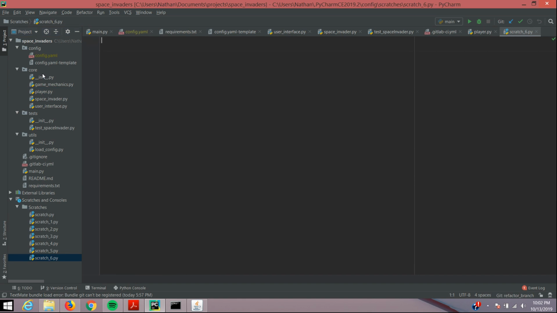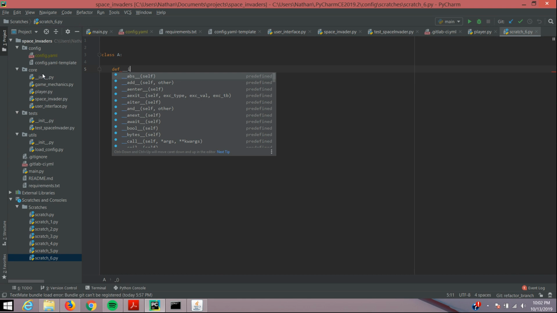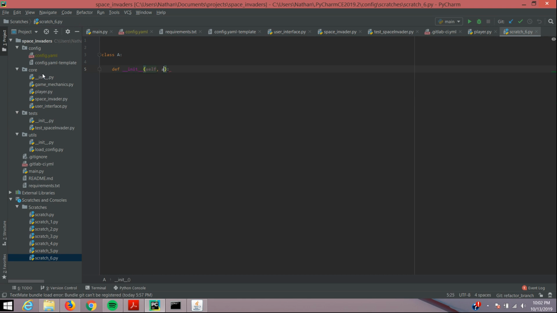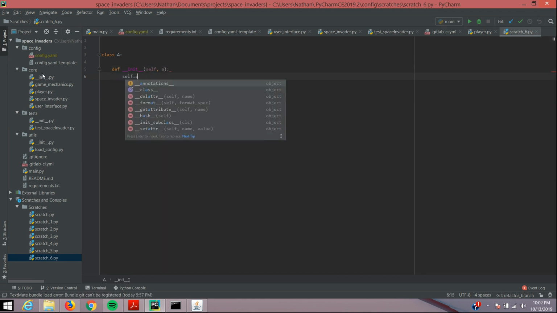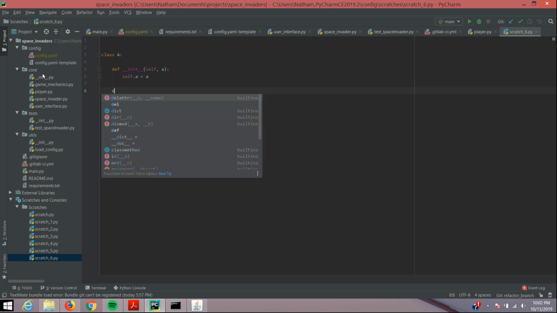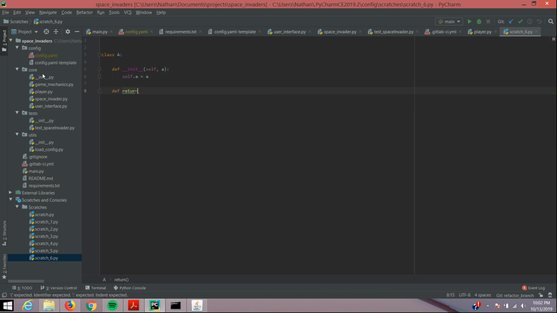I created a scratch by pressing Ctrl Shift Alt Insert. So I have class A, def init, A, self.a is A, def get A squared, return A times self dot A. Now we're going to create class B,